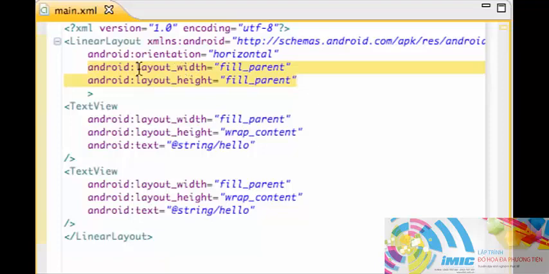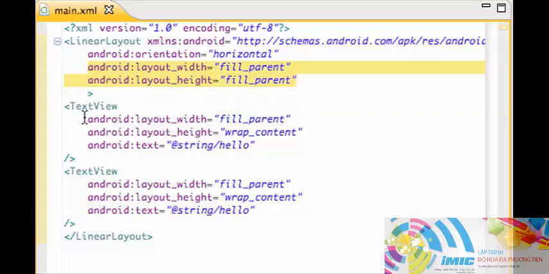And what the parameters are, well, the width is going to fill the parent, so it's going to take everything that's available for the width, so the whole screen's width for the most part. And same with the height, it's going to take all the height that is available to it, and that's basically its attributes, or its parameters. So there you go, you have your linear layout set up, taking the whole screen and set to a horizontal